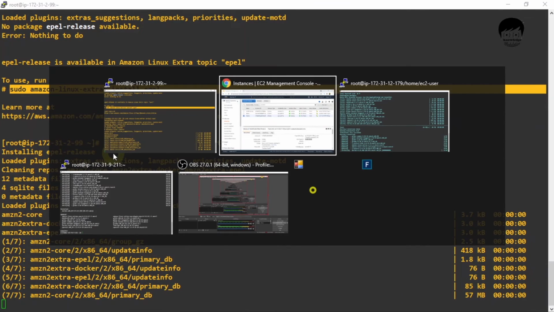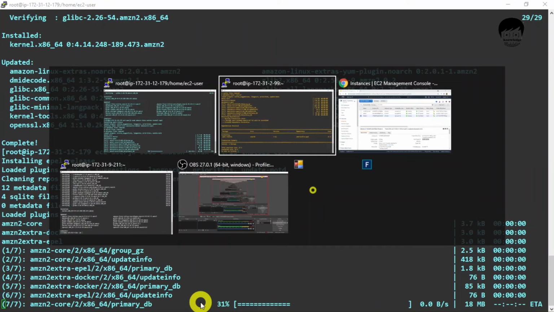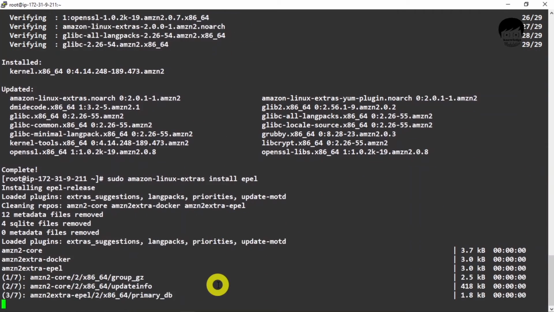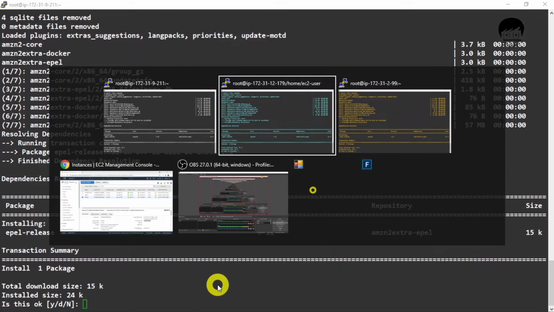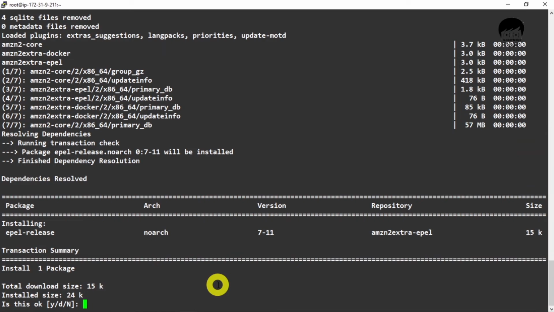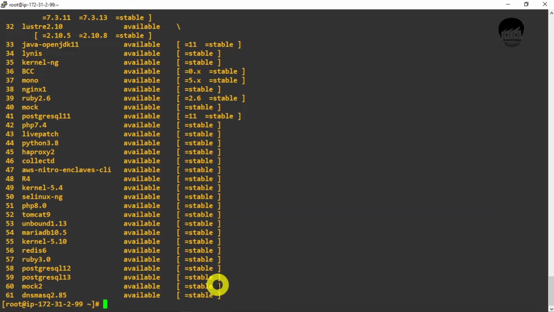So we'll copy this command to all our nodes as well, so that it will also download some extra packages which we need in further installations. Okay, I forgot to hit Y. Okay, and our packages are installed.